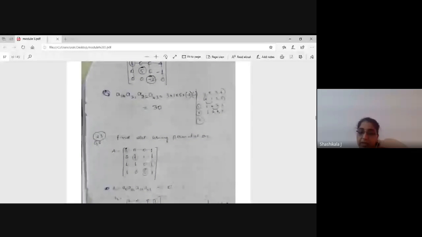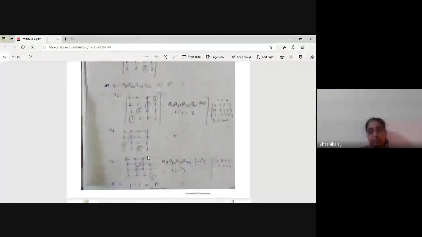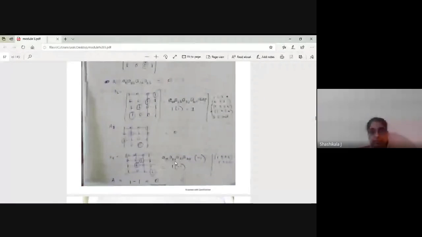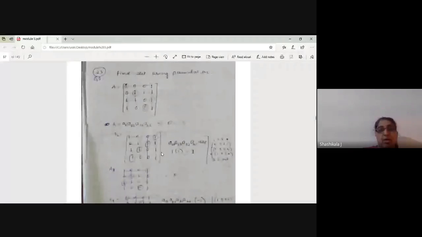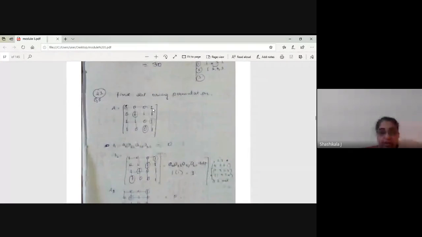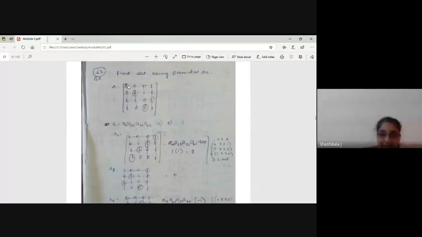Any other one is getting 0 and the other one is getting -1. Let me check what the answer is. It is 0. Which combination do I have to take? Only this and this combination I will take. If I leave this row and this column, whatever the possibility is, I have taken this and this.